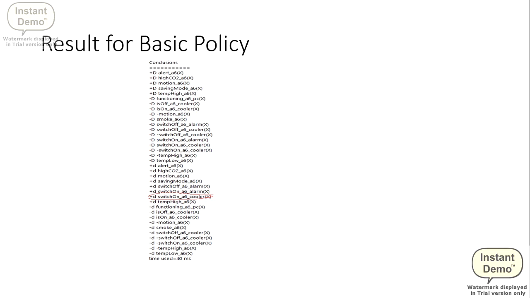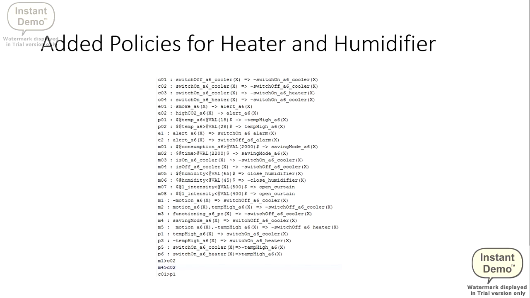So what is the problem with this policy? The problem with this policy is that they never considered a heater, and they never talked about a humidifier. So we try to input those in the same room. So what happened if we do that? Okay, there are some logics over here. I mean, we inputted here switch on A6 heater, a new type of heater, and we found the normal logic: when the cooler is on, the heater will be off, something like that.